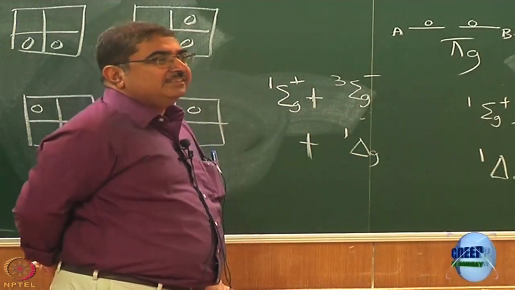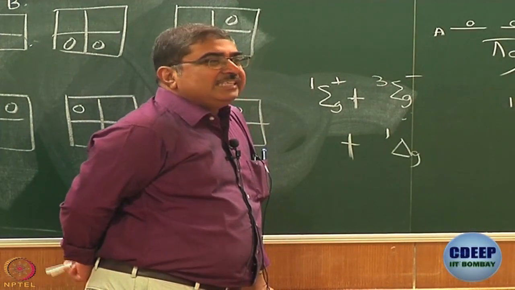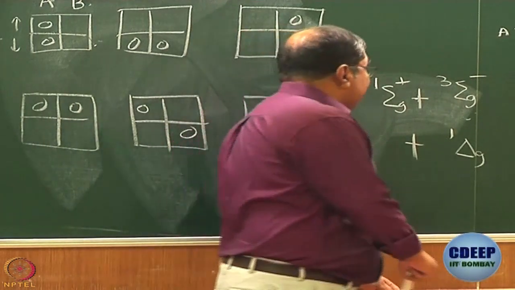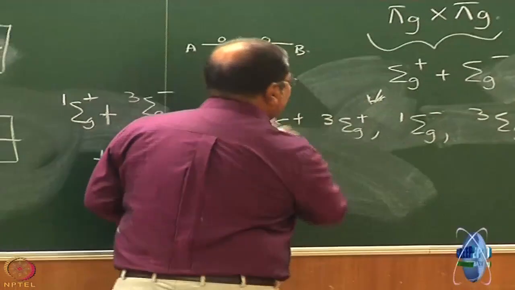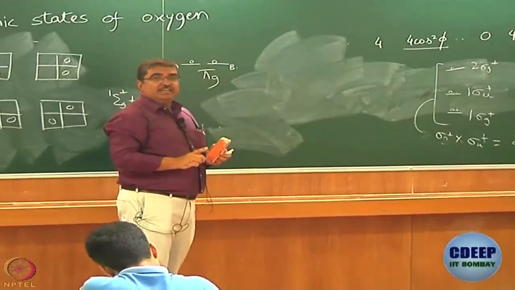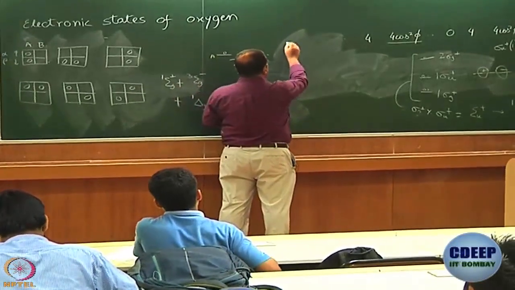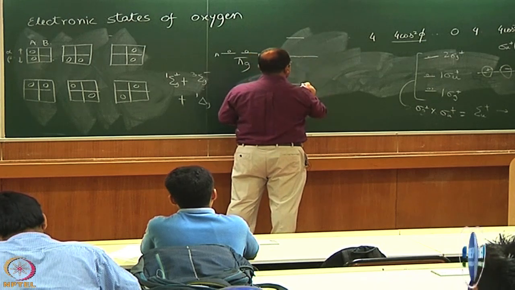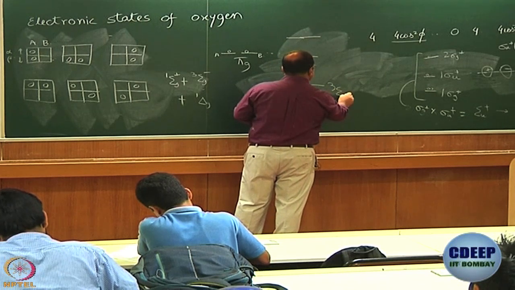Which one will have lower energy? Hund's rule? And this time even the electron configuration is same. So, triplet state will have lower energy. This is the part that we need to understand very well, that even for the same electron configuration, we can actually get different states of different energy, alright. So, what you get is 3 states, the lowest of which is your triplet sigma G minus, alright.